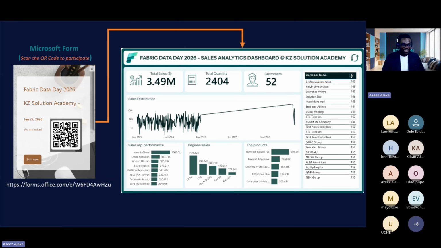While we are waiting for you all to fill the form, I would like to use this opportunity to meet maybe two to three people. Just unmute yourself and tell us your name, where you are connecting from, and whether you have used Microsoft Fabric or Power BI before, or you are a newbie to data. If you want to do that, you can unmute yourself and put up your hand while we are all filling the form.